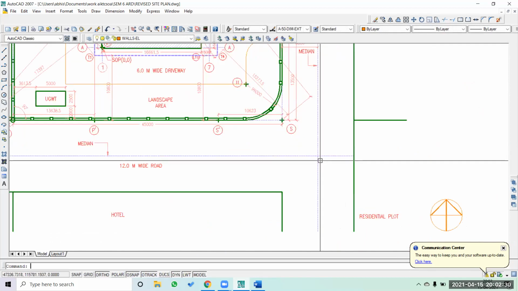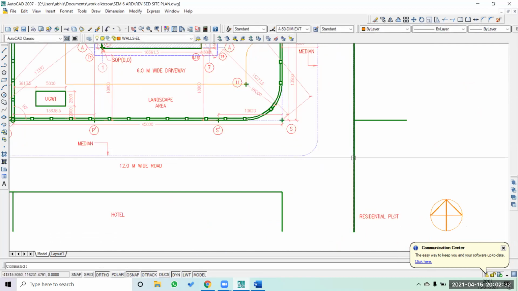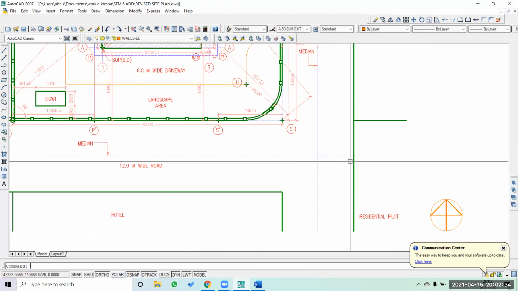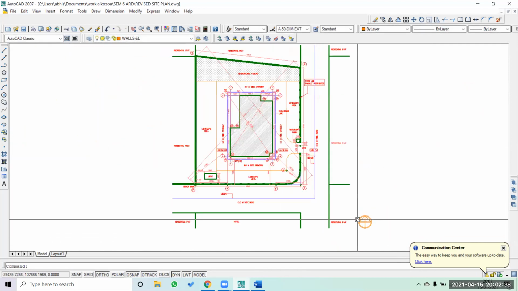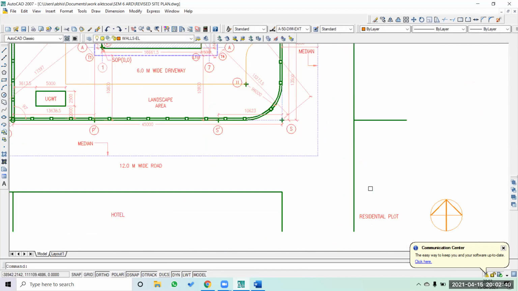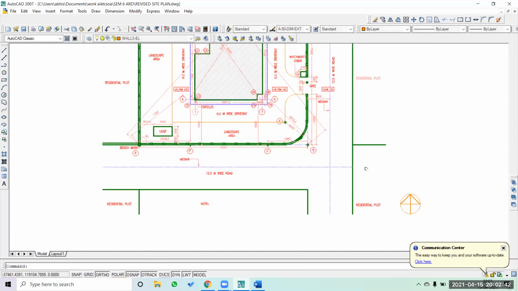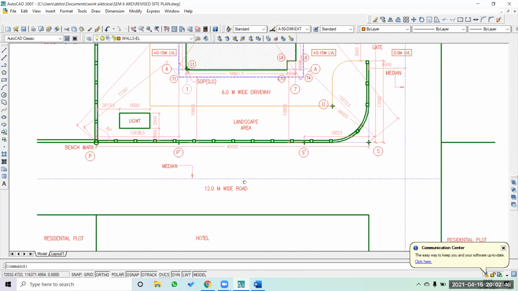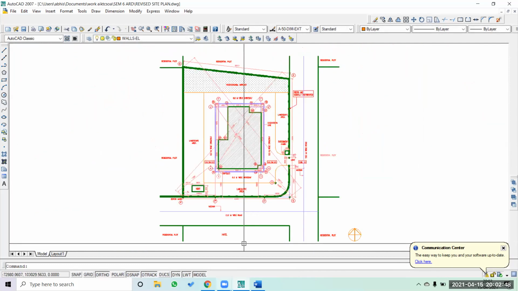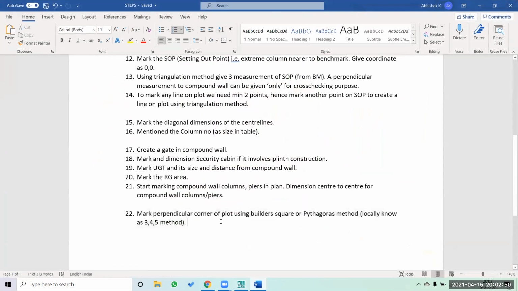What additional you can do is you can trim this. Oh, sorry, you have to make the values 0 in this. Okay, you can just keep it like this also, that's not a problem. So we are given the median dimensions, median is mentioned, so that's not a problem. Any step remaining? No.